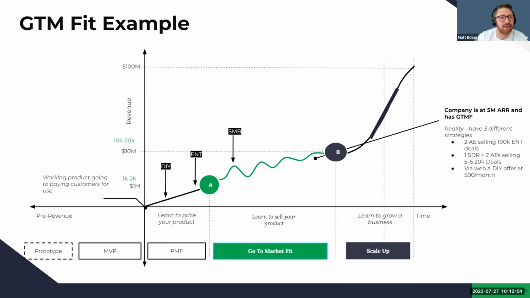Little known story, if you think about SalesLoft, you know what SalesLoft was at the beginning? SalesLoft had $6 million ARR, and it was an amazing product. They were doing scrapes off LinkedIn. And I think a lot of them copied it now, like Seamless AI, but they were doing scrapes. They had a $6 million business. But they were starting some SDR stuff and some outreach. And they were looking at their different revenue streams, and they took their SMB motion for outreach, even though they had a PLG motion with $6 million ARR, and they went to their SMB that was only about $1 million ARR, and they built a $100 million business.